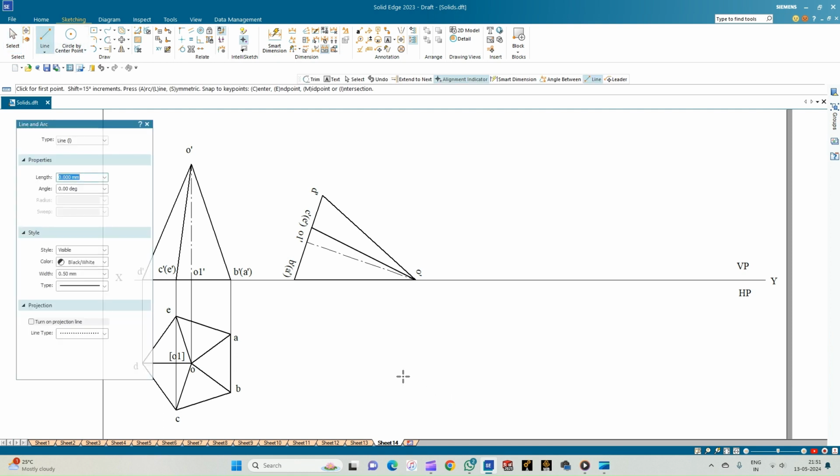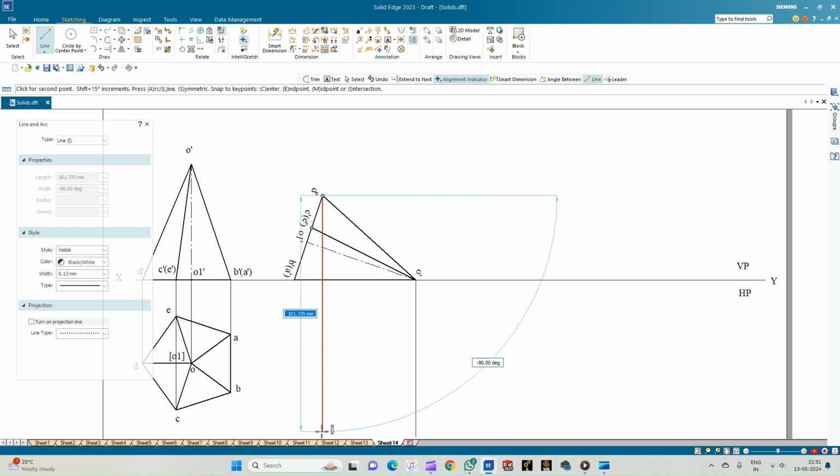Now for completing the top view, let us draw the projection lines. So use a line of thickness 0.13 mm. Draw the projection lines. So from D dash, from C dash, E dash, from O dash,